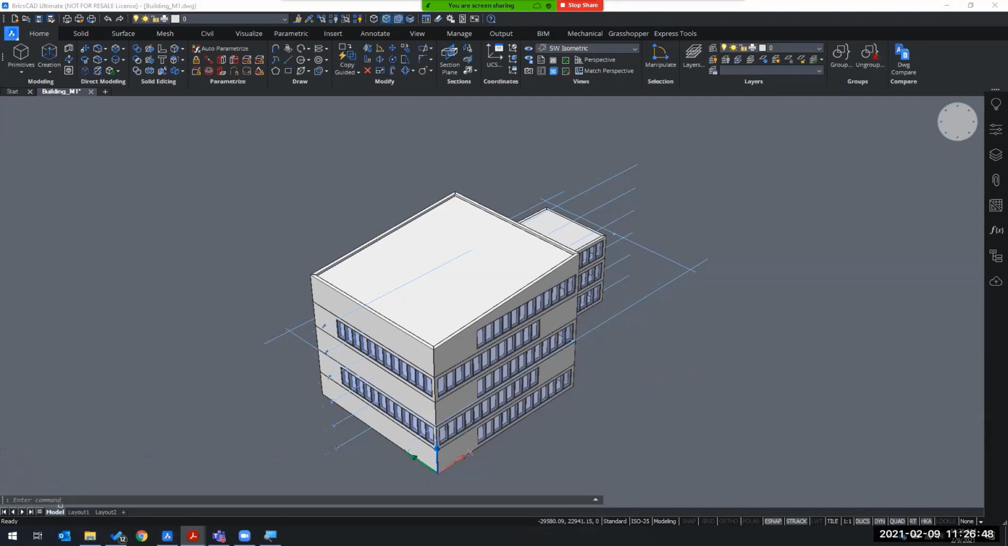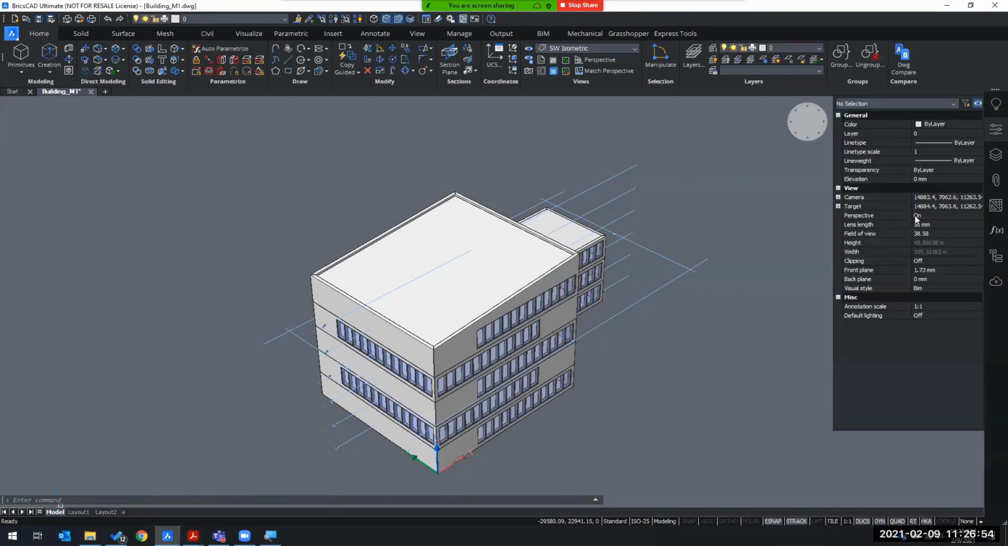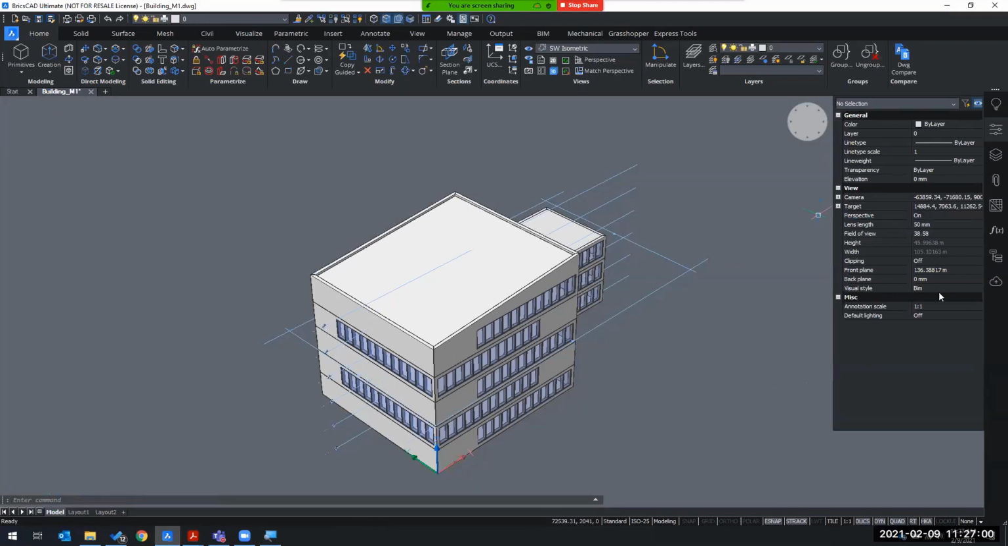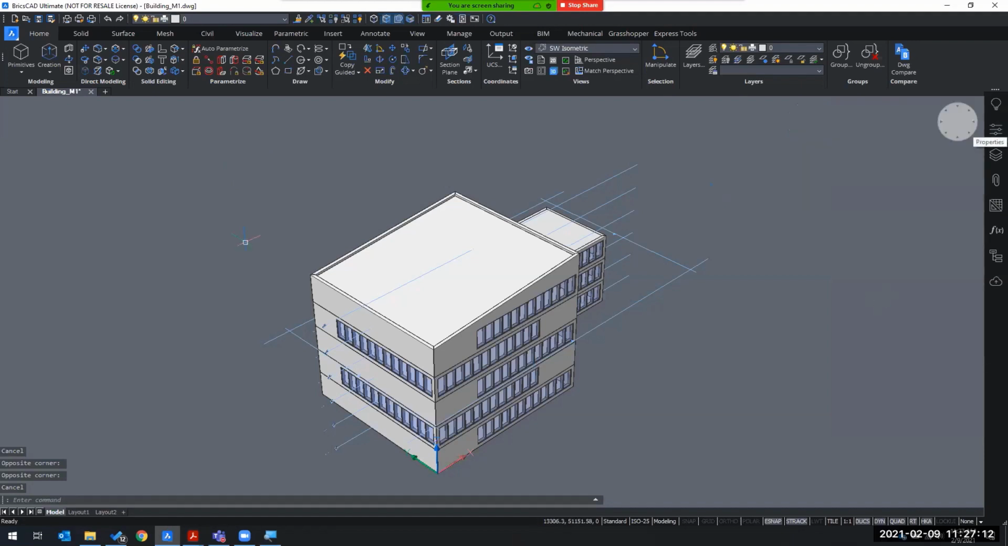Some of those settings can also be accessed on the properties panel. For example, the perspective, you can also switch here as well. I'm just gonna keep it on. And also the visual styles can be controlled from here. Now, when it comes to selecting entities, I just want to emphasize this, you should really pay